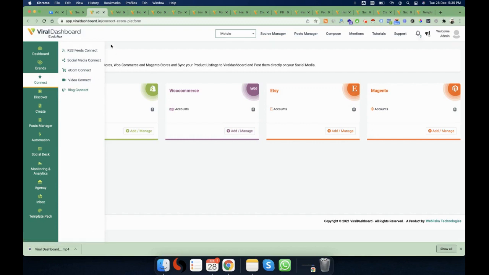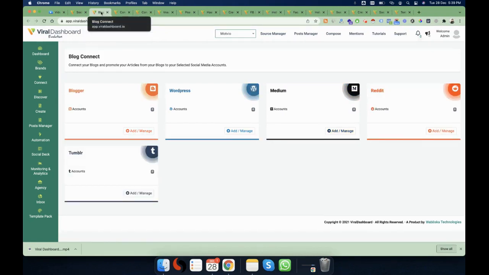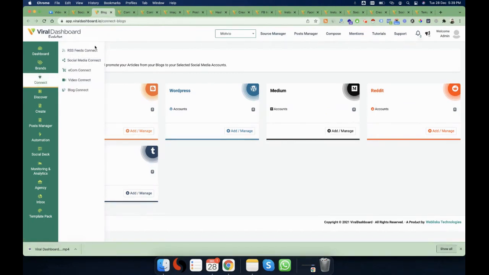Okay, so similarly in the Video Connect, we have different features. You can connect your YouTube channels. You can bring your videos from YouTube, Vimeo, Motview, and Dailymotion is coming soon. After that, we also have provided you the ability to connect your blogs, which are from Blogger, WordPress, Medium, Reddit, Tumblr. So as you can see here in the connections tab, we have provided you 21 different social media and